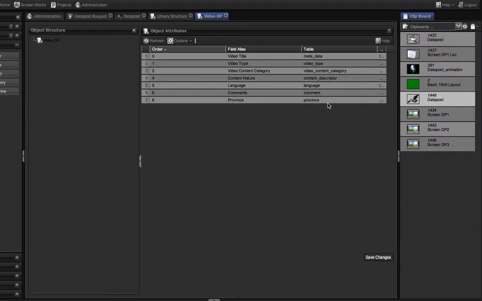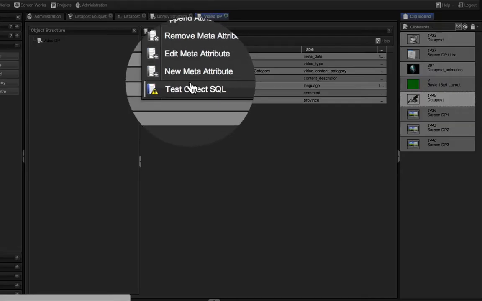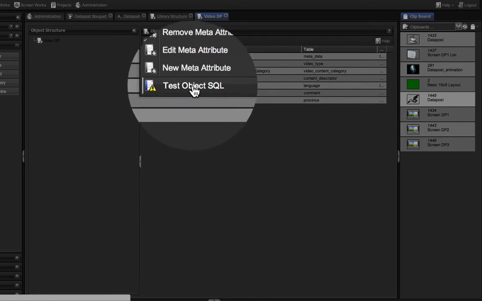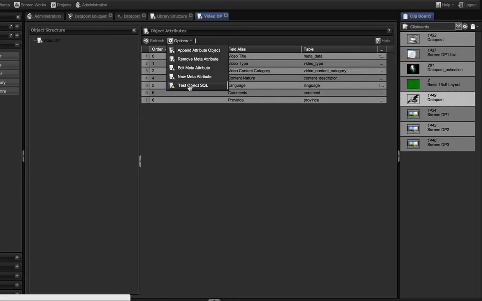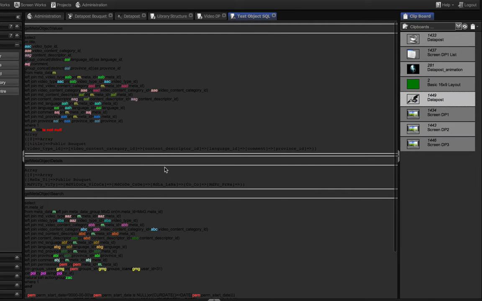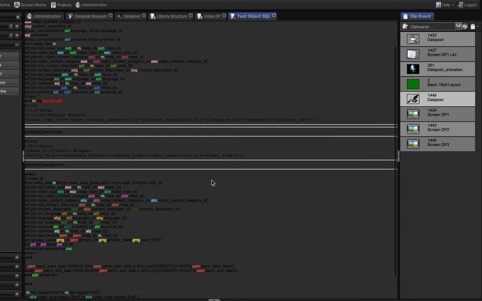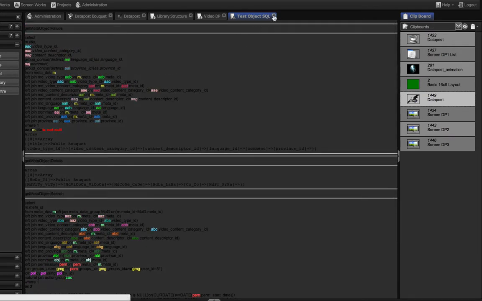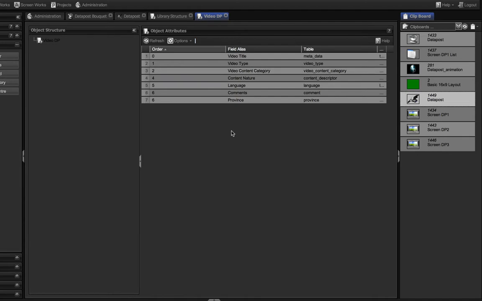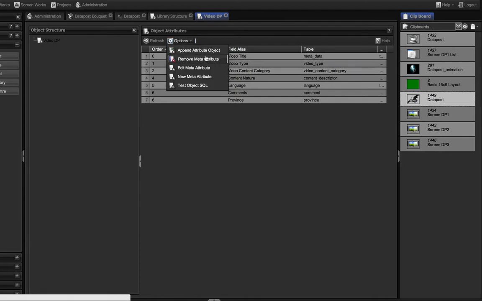Now, we've got a nice little tool here that's going to allow you to check that these attributes are going to work. So we will test the object SQL, and we don't see any errors. Don't worry about this. So that looks good. So we can carry on adding now. And I'm now going to add another